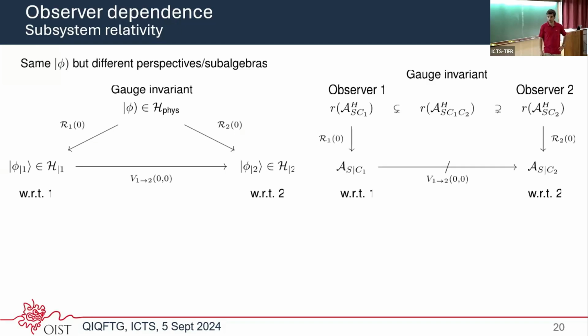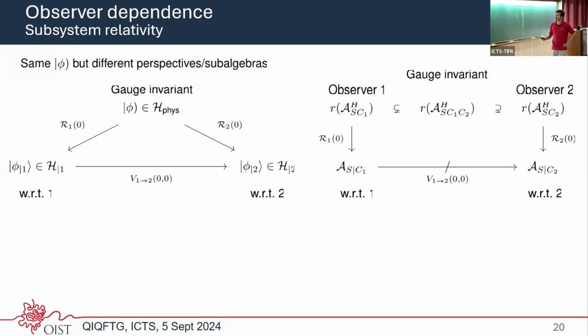However, if you look at the algebra side of things, we have the total gauge invariant algebra, but it's logical to assume that observer 1 does not have access to, for example, operations on the second observer's clock, and observer 2 does not have access to operations on the first observer's clock. So then observer 1 would only have access to a subalgebra of the full gauge invariant algebra. So they would only have access to one of these two strips. So we can reduce this to the Page-Wootters level to say that we just have the system algebra with respect to observer 1 on the left, and the system algebra with respect to observer 2 on the right.